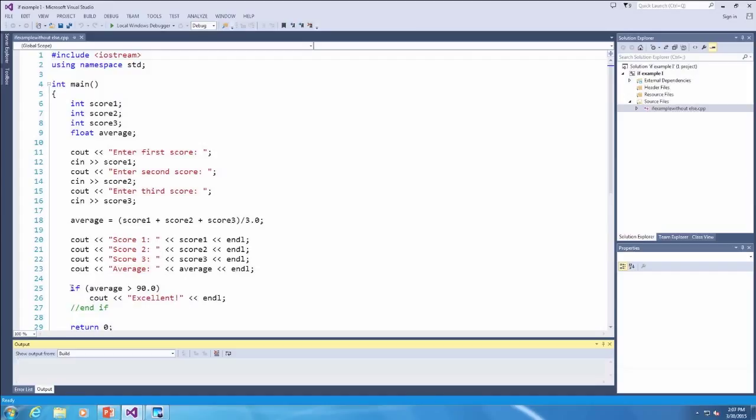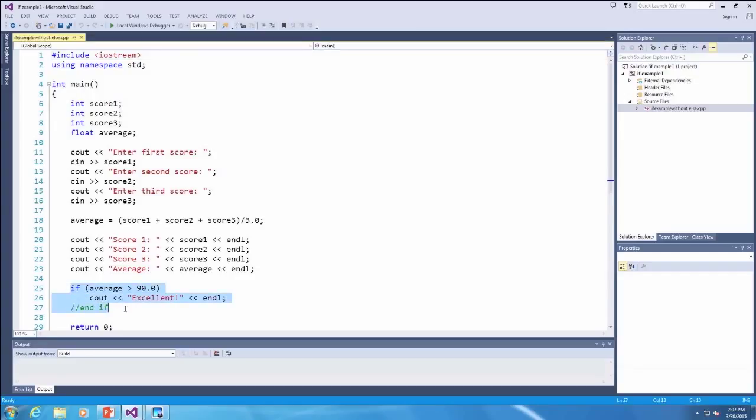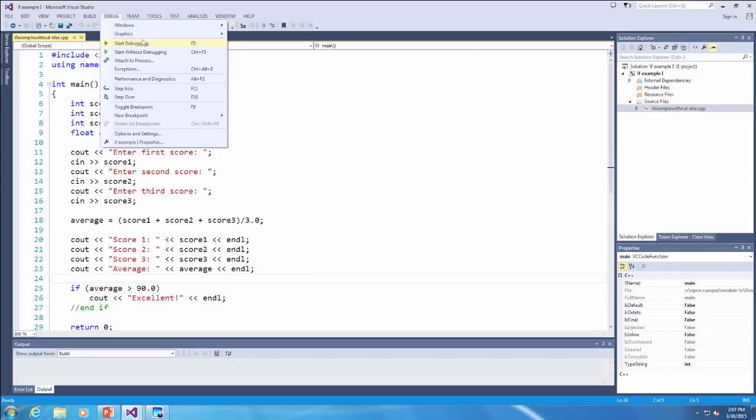But now pay attention to this if statement. That's how we phrase it. If average is greater than 90, we need to display excellent. If average is less than 90 or equal to 90, we don't do anything. So let's compile and run our program,